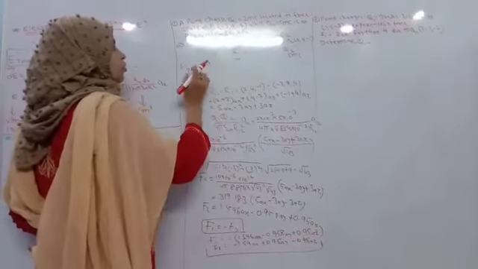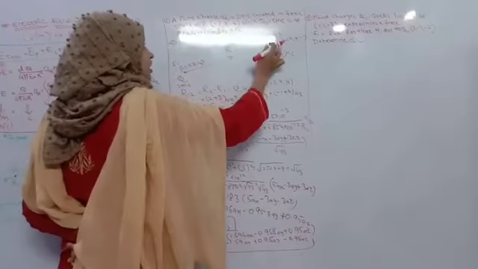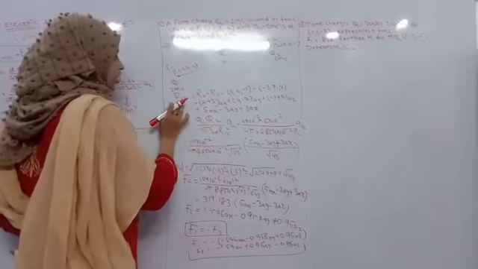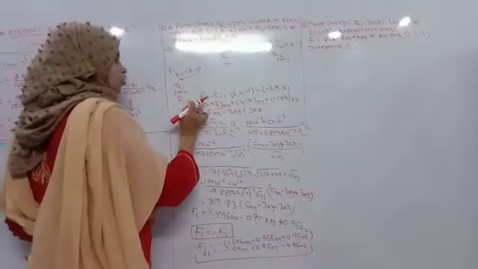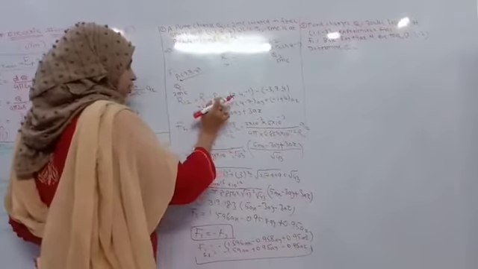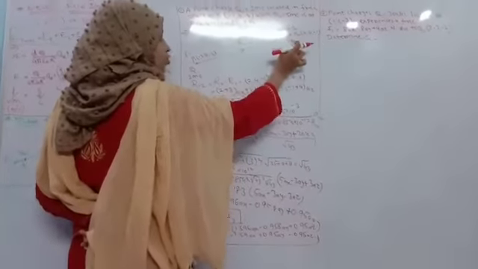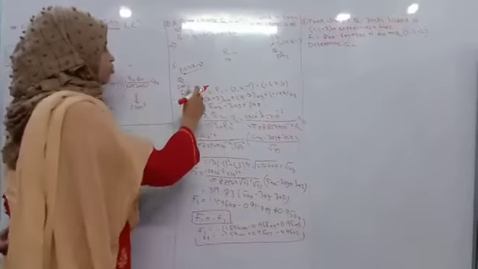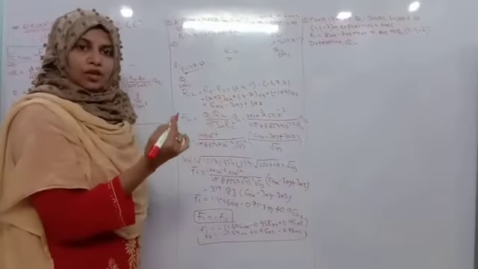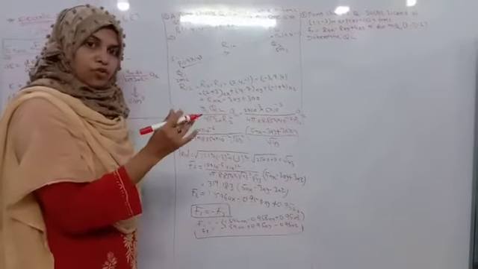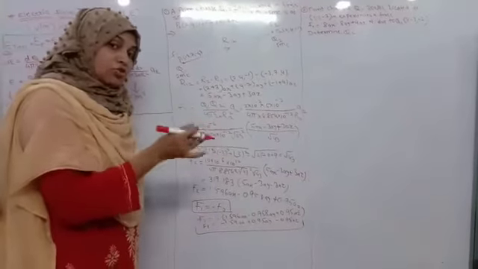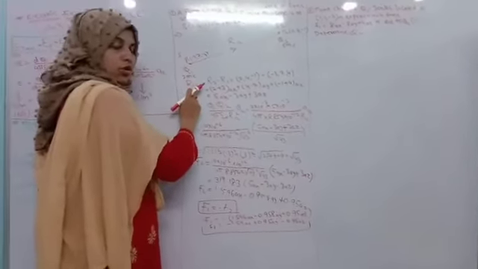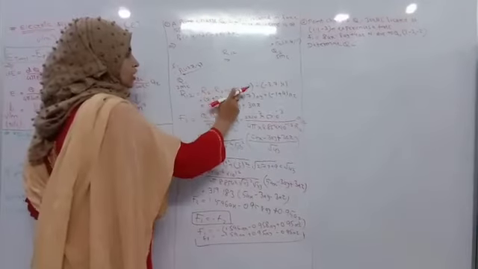So what do we need to do? We need to calculate the force which is exerted on charge 2 because of 1. That's why I have written R12, that is R2 minus R1. I am interested in calculating F2, that is the force on charge Q2 due to 1, so that is 1,2. Then R2 minus R1 means this point minus this point.